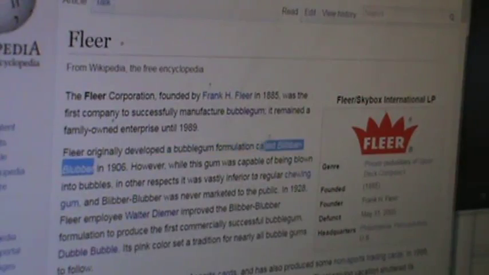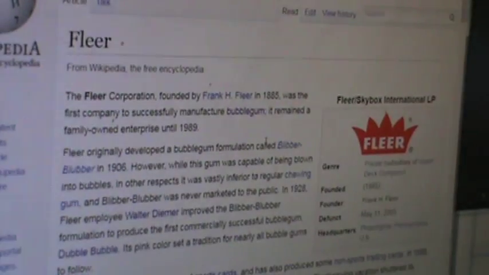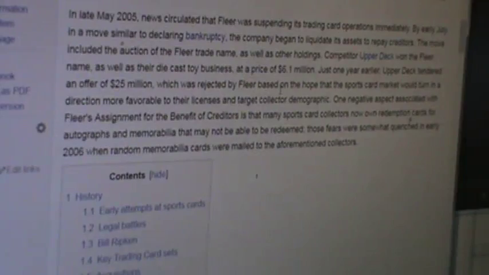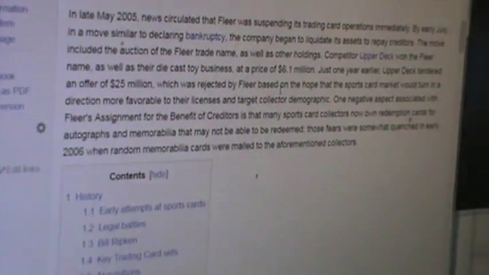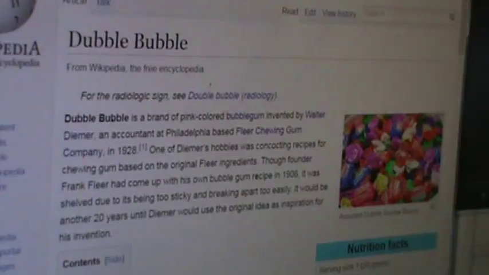Blibber blubber. Even that was +1. Cool. How did it die? Who knows? Good old double bubble.